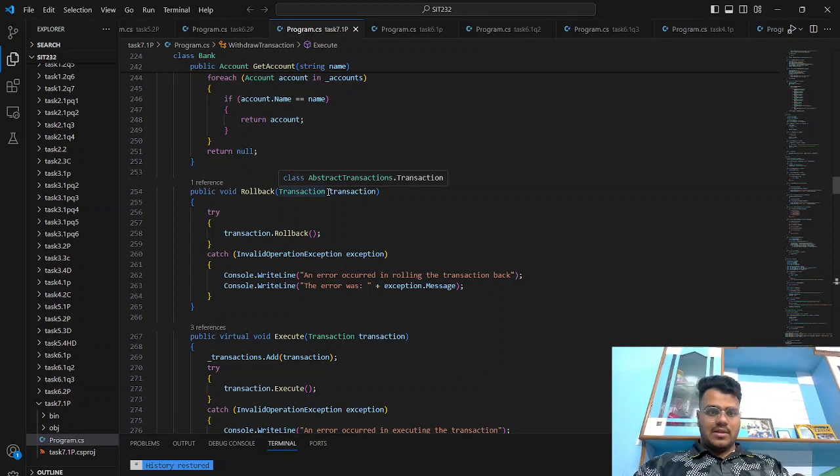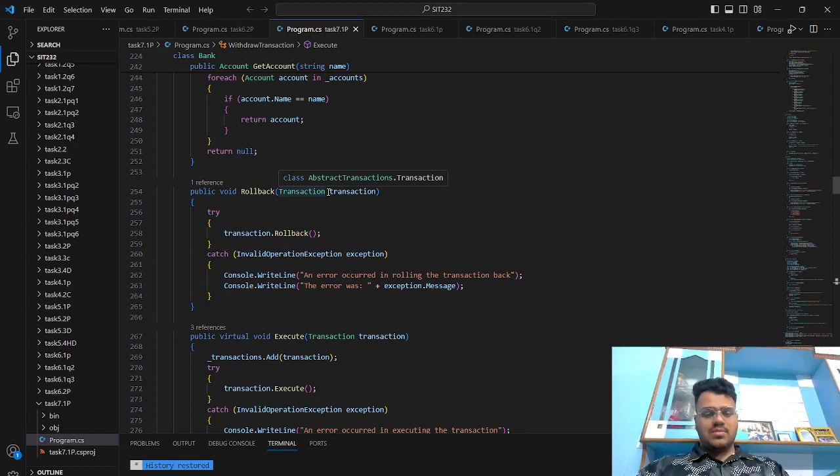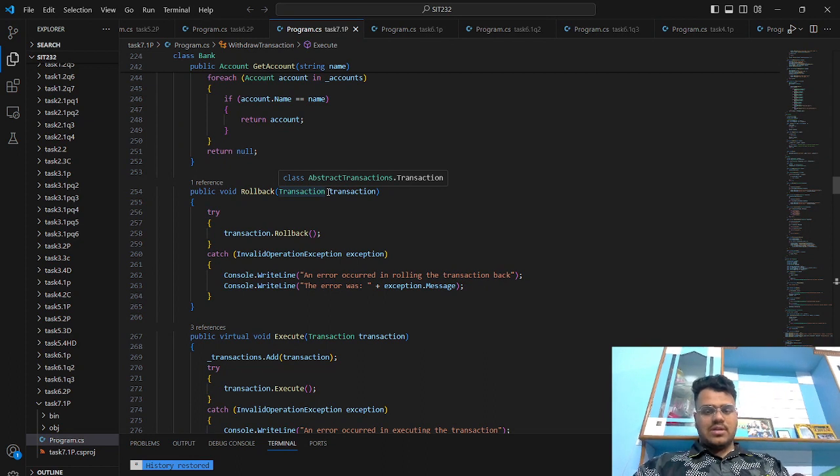And my another question is, what type of changes are needed for a new transaction type? To include a new transaction type, you need to create a class that inherits from Transaction, implement the necessary functionality specific to the new transaction type, such as the execute and rollback methods, and modify the Bank class to handle the new type of transaction by updating methods like execute and print transaction history to recognize and work with the new type.